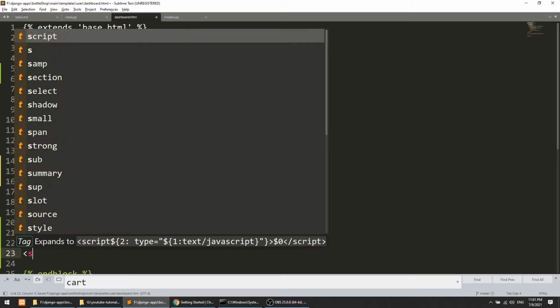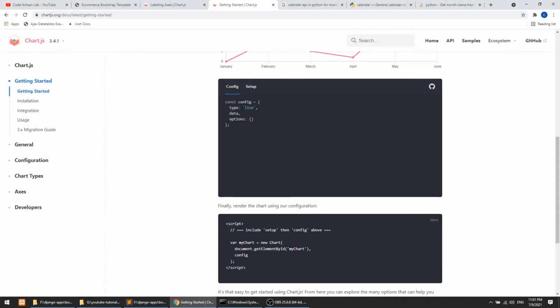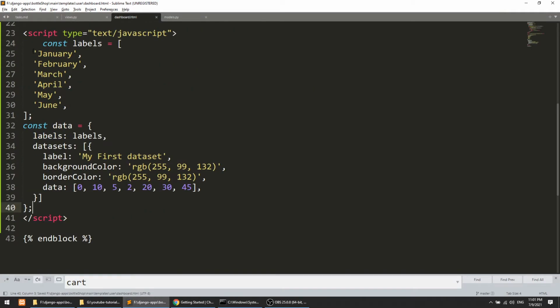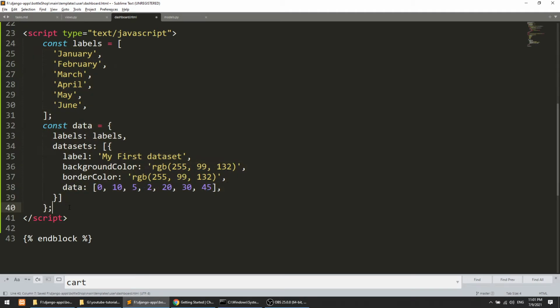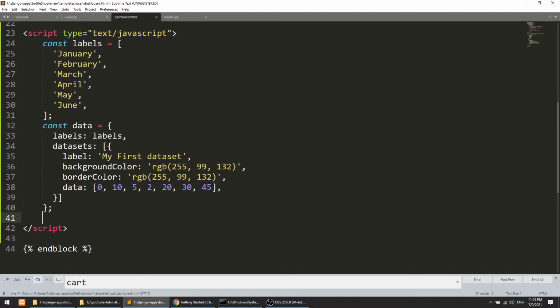So how we will configure this, let's see. So first of all we need this setup. So I will copy this setup and paste it here. Okay, we will change the label, and then configure, I will copy this and paste it here. So you can see that our data is going here.